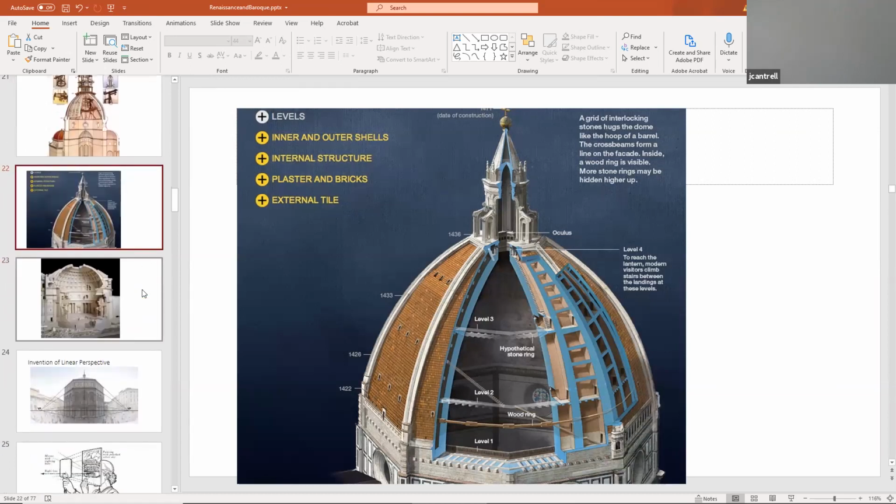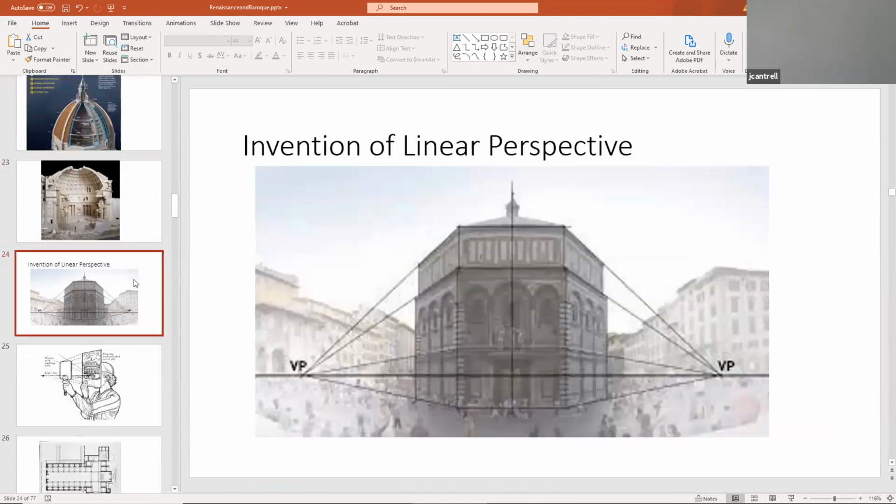Okay, so that's just the Dome of Florence. Not only did Filippo Brunelleschi create this unbelievable masterpiece, he was the one that was really attributed to creating what's called the invention of linear perspective. Now, this is the baptistry that was existing while he was figuring out how to span the dome opening for the cathedral. So when he was working on the cathedral's dome, he was looking at the baptistry across the street and was noticing that parallel lines converge to one point.